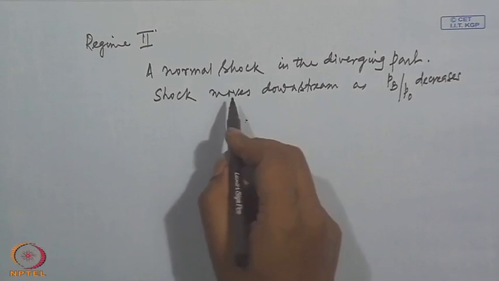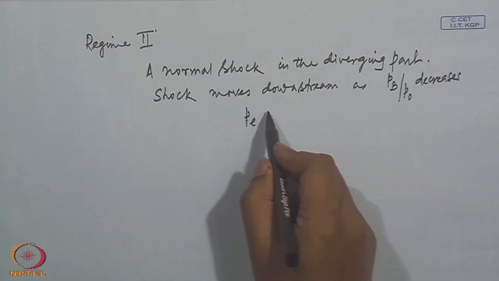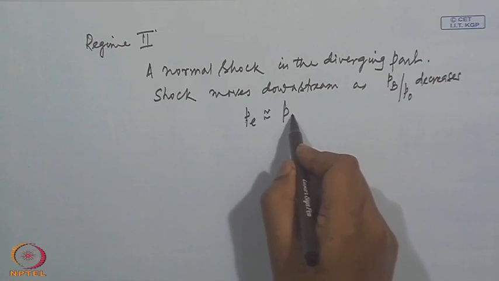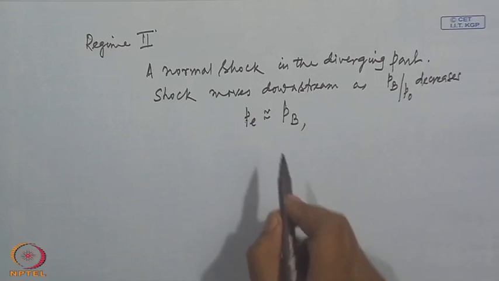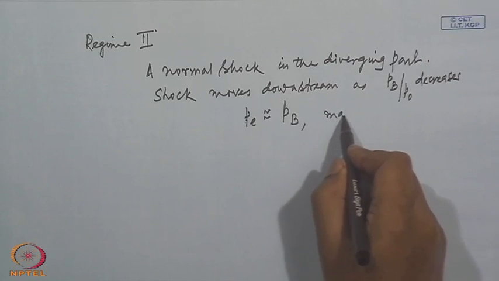Here also the exit plane pressure is virtually identical to this back pressure. However, in this case mass flow rate is